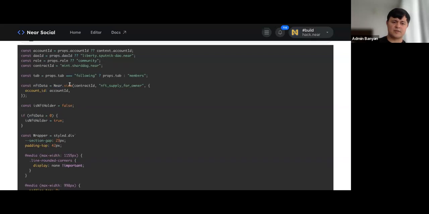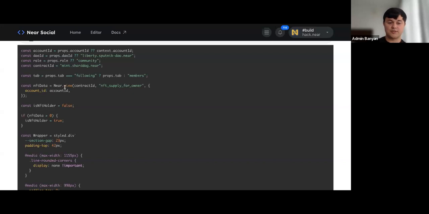It interacts with any other contract on Near. So in this case, we're looking at this contract, which is the minting contract for this onboarding solution called ShardDog, which if you haven't gotten an account, you can do so at shard.dog/go and check it out. And they do NFT drops along with the account generation